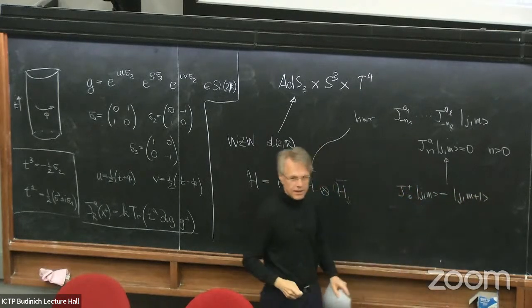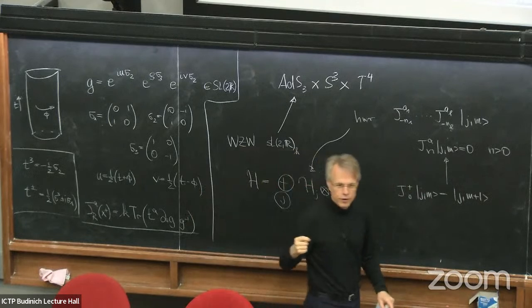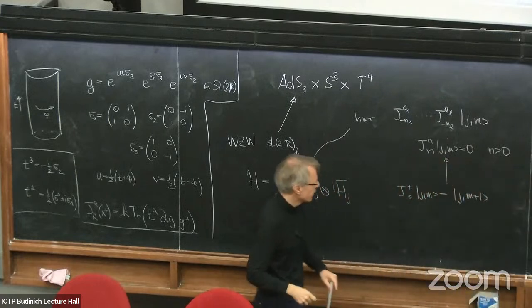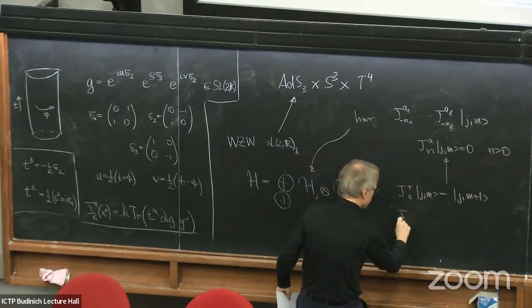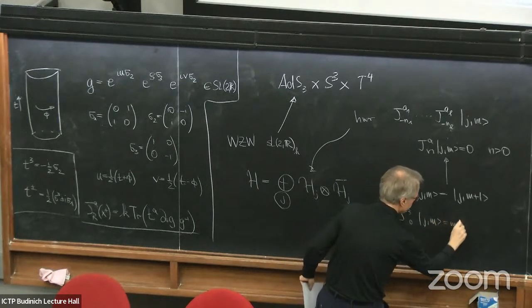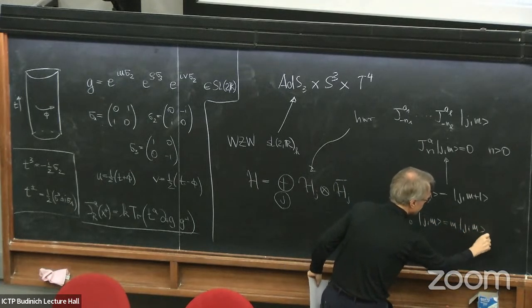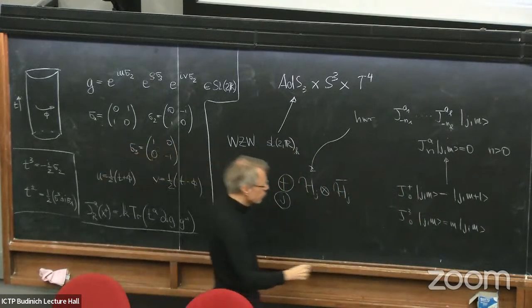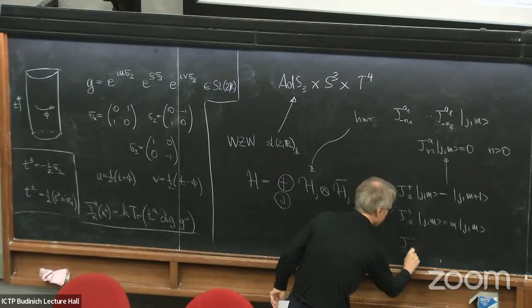You have obviously seen the bracket |j,m> before, if you know the representation theory of SU(2). So j will stand for the spin, and m will stand for the magnetic quantum number. So J^3_0 on |j,m> will be just m. And J^+ will move you up one step, and then J^- will move you down one step. And in these conventions,